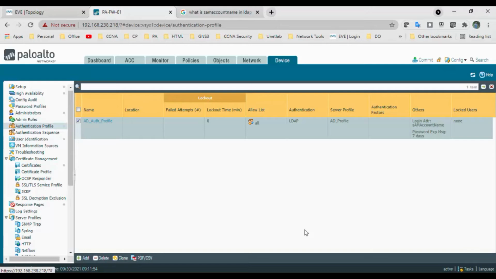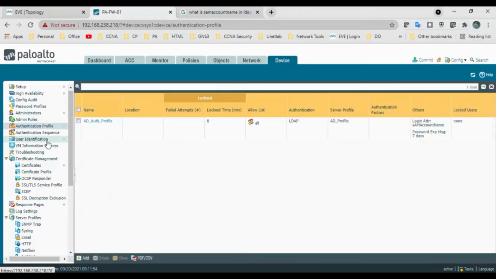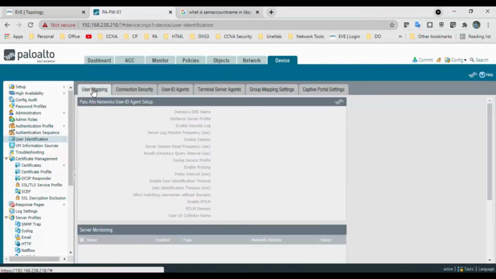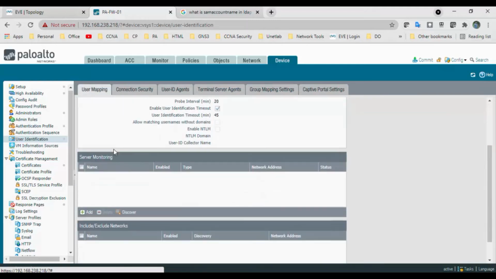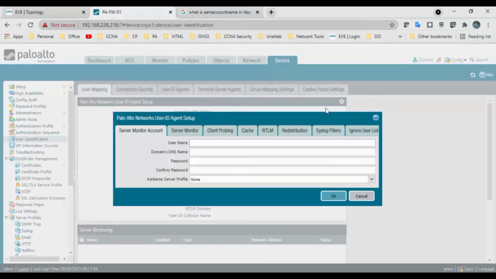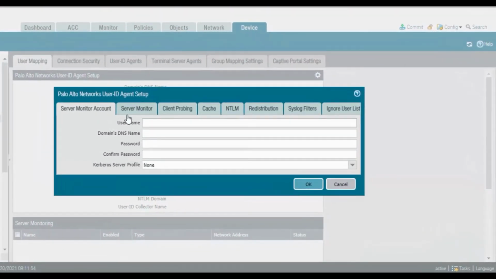After that we will configure user mapping. Go to device, user identification, and click on user mapping. Come down here, and if you select this gear icon, you'll see the server monitor account.